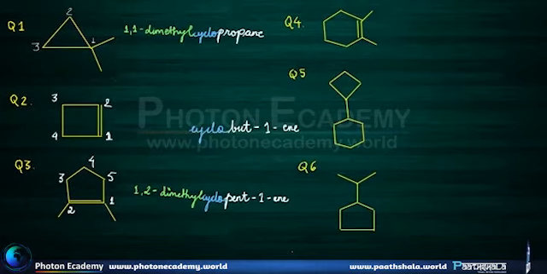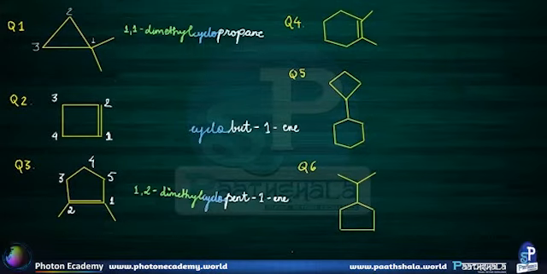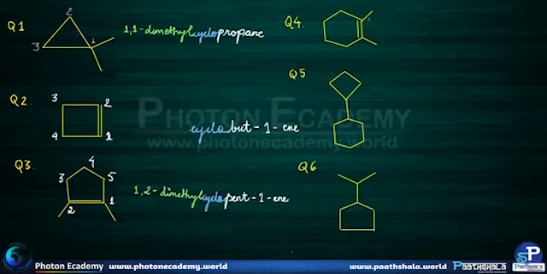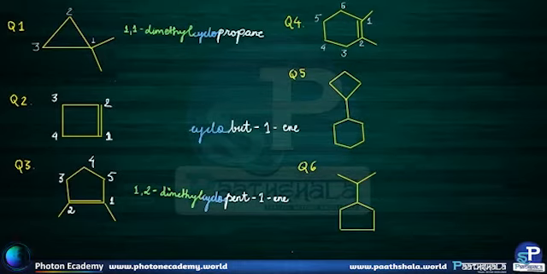In question number 4, numbering will start from this carbon atom because of the lowest locant rule, and instead of this, this carbon will be numbered as the second carbon because of the sum rule that says the sum of all the locants of the substituents should be as small as possible. So the final numbering will be done in the following way. So this is the correct numbering, and as we can see, our ring has 6 carbon atoms, so the word root for the compound will be hex.